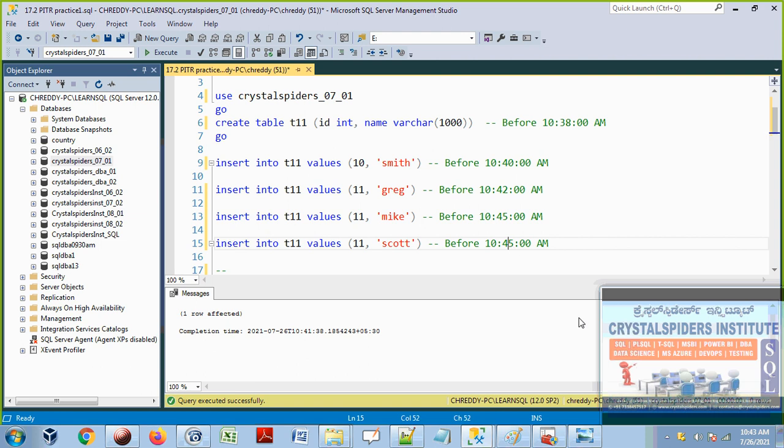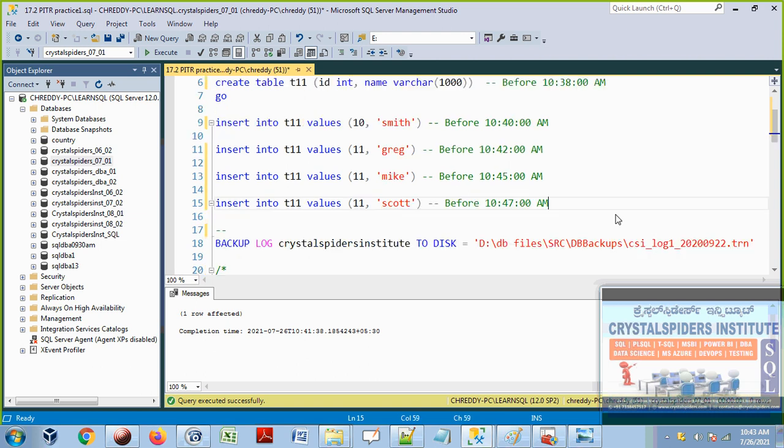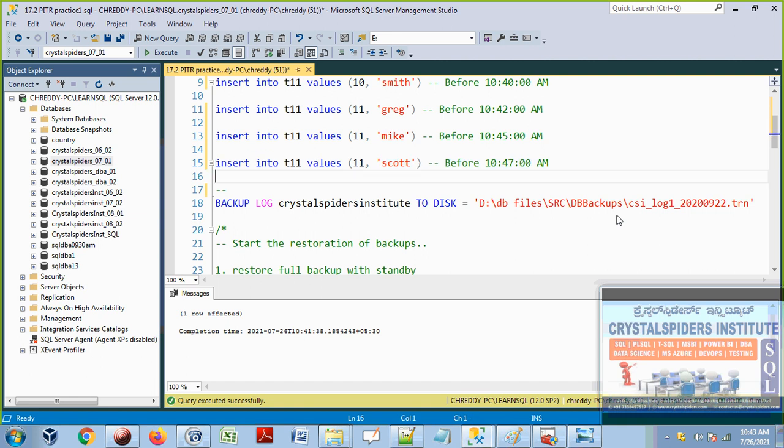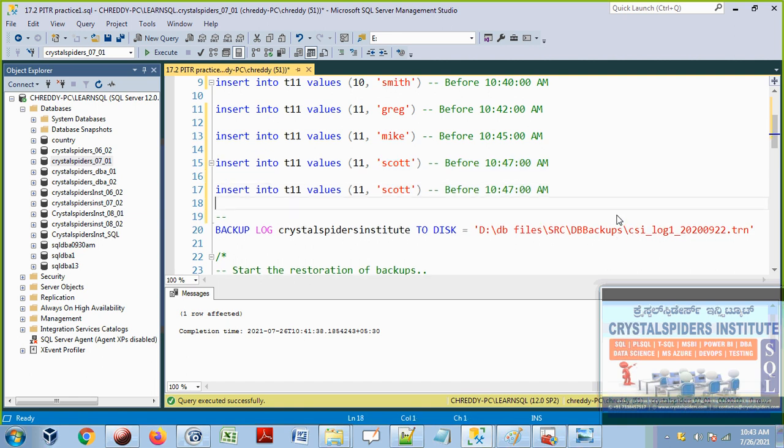I will say this change will happen at 10:47. Yes, guys, we have to wait. Yeah, we have to wait and we have to test it like this. Okay, up to 10:50 I will wait. So now the time is